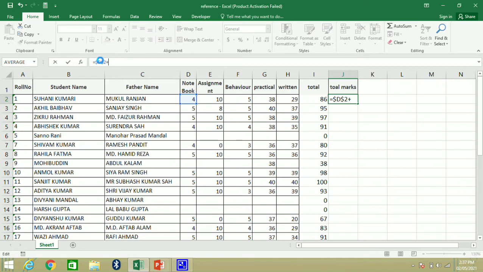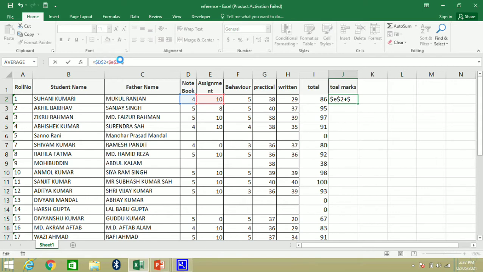After that we will use plus, dollar E dollar 2. Everywhere we put the dollar sign, it will be absolute.